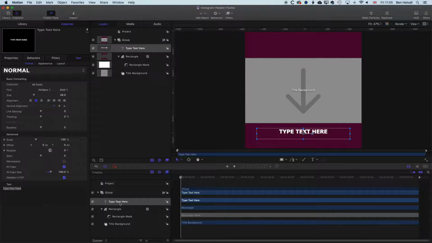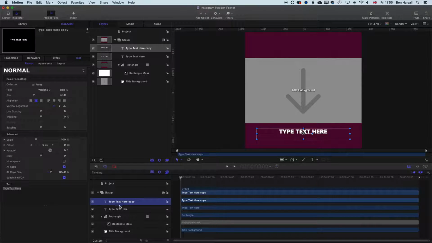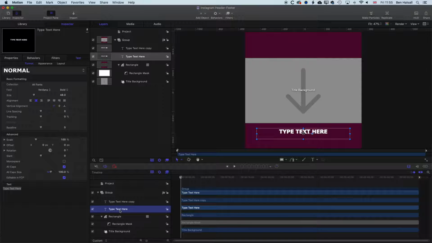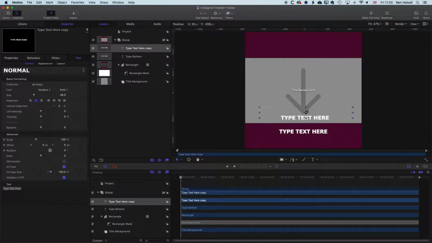So now if I hold down the Alt key on the keyboard, I can drag up and duplicate that layer. So we'll call this type bottom, and then we'll move this next type layer up to the top, and I'm just making sure it snaps to the middle there. Add one type layer there, and then we'll call this type top